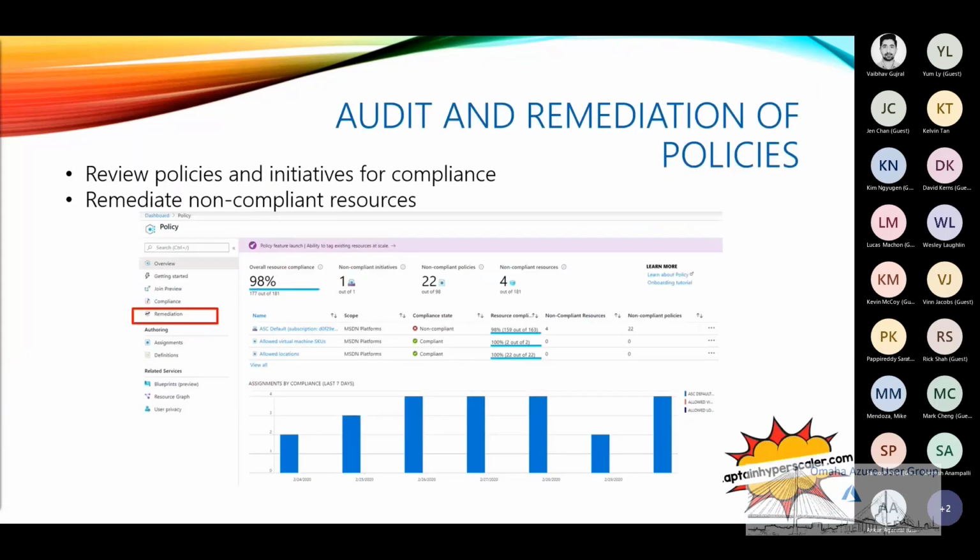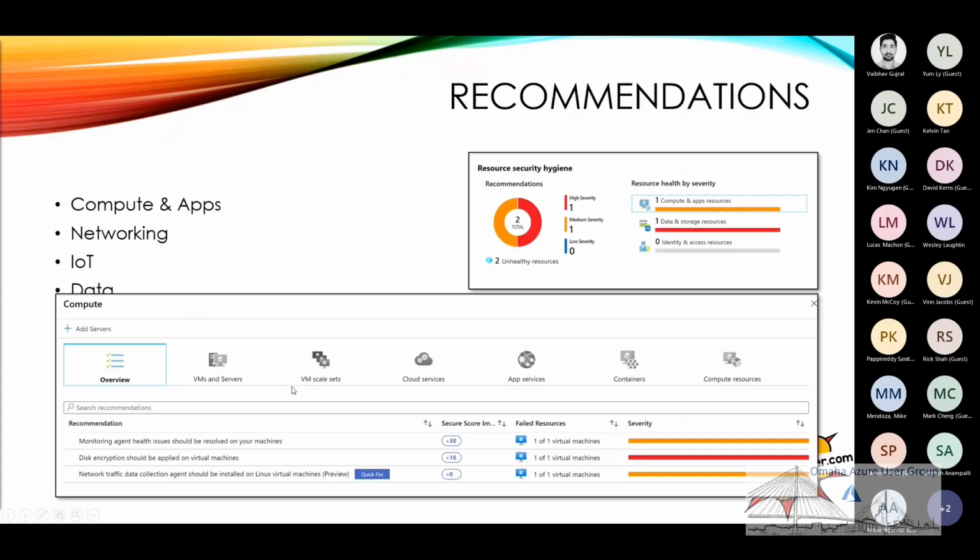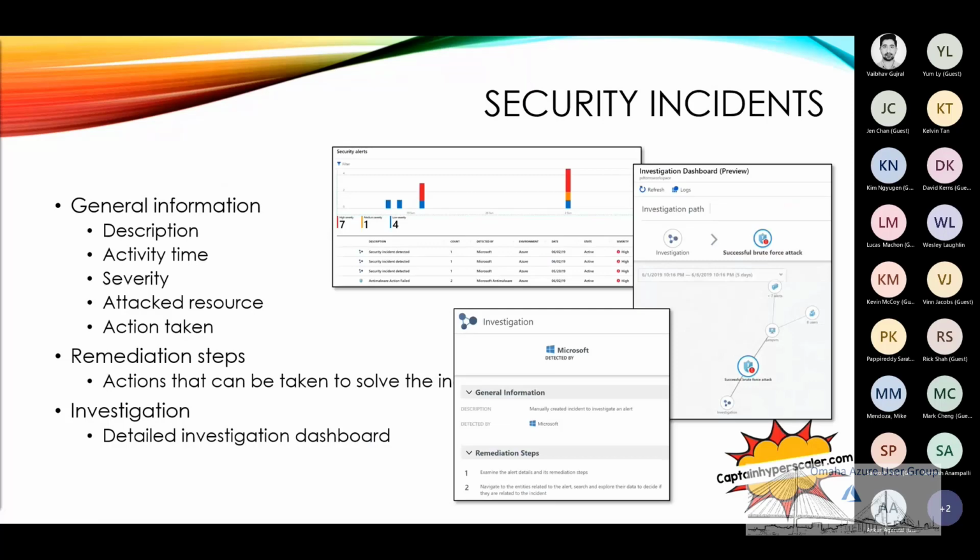And as you start to build and put more resources into your Azure environment, you can then audit and remediate those. You can do that through the Defender dashboard with your recommendations. There are a lot of tools here on this particular slide, where you might have the ability just to click a button and remediate those particular issues on those recommendations, and then move forward to putting those controls in place and protecting those resources that aren't covered. And it shows you what your secure score is going to do and what it's going to go up to. We also get incident management within the Defender for Cloud with recommended steps, investigation dashboards, and alerts,